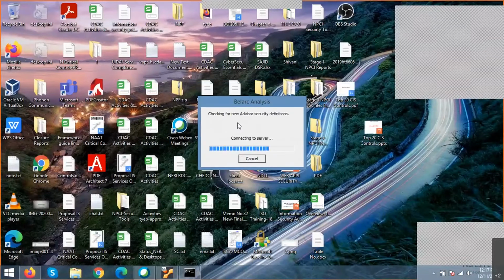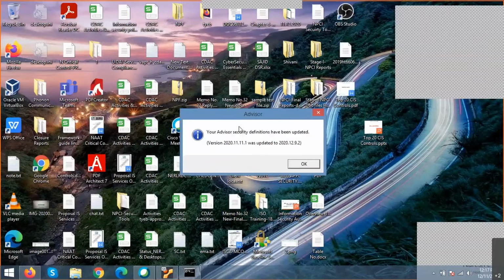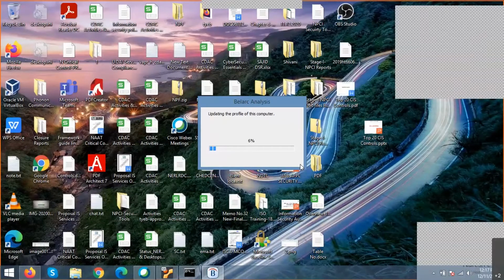Yes, I have checked for new definitions. It connects to the server, so I'm downloading those updates. It gives you various security hardening information and tells you how many vulnerabilities there are and what their level is.